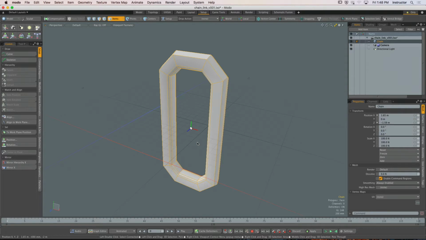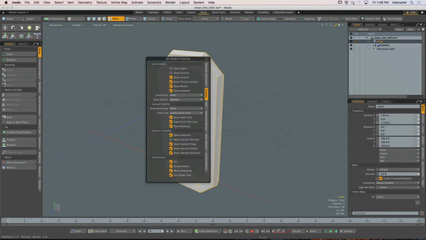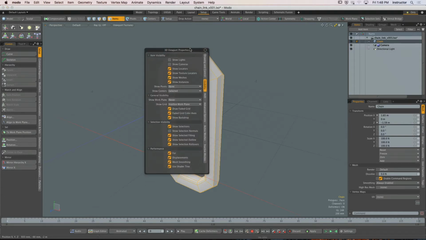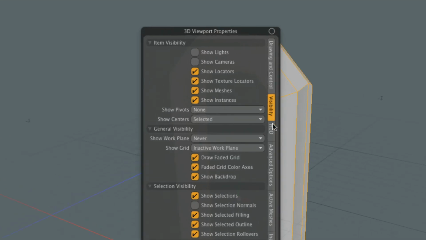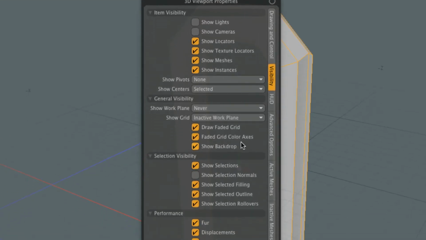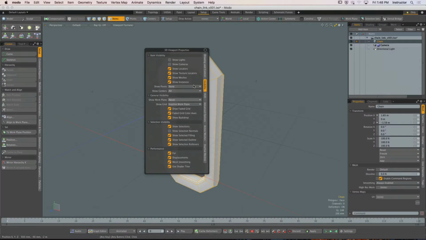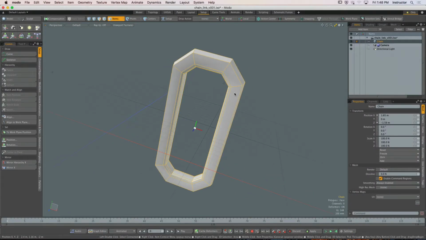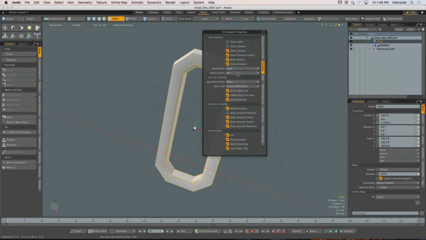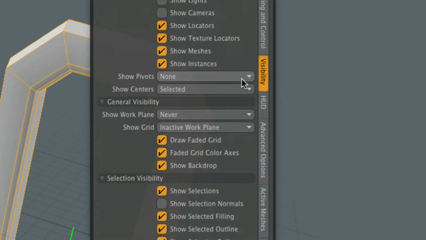Now, if you don't see your item center point, by the way, this is a viewport property that we can toggle. Some folks like having the center points on all the time in every single viewport. Other times, not so much. So if you walk over into the design lab and you open up the setup layout and you're like, where's my center points? They have shuffled some things around, and here it is. It's under item visibility. Show centers is currently on selected. Now you could do all, and it will show every single item center point for every item inside the scene, okay? Or what I usually like to have it on is just show center points on the selected item, okay? Now the other thing that we need to look at